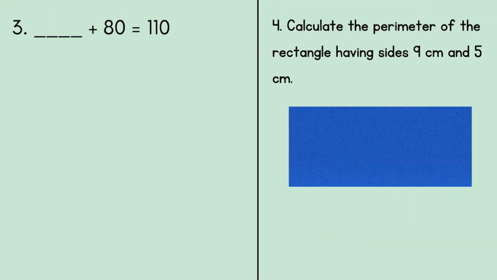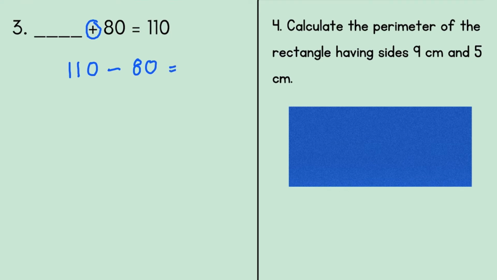Next question. Something plus 80 equals 110. So what should be added to 80 to get 110? Let me show you an easy way. Here you have the addition sign. You need to do the opposite. What is the opposite of addition? Subtraction. So we will subtract the two numbers. We will do 110 minus 80